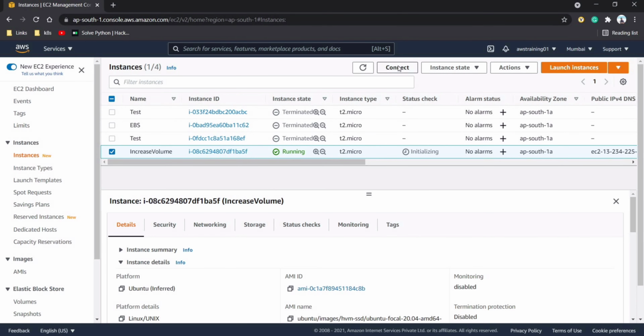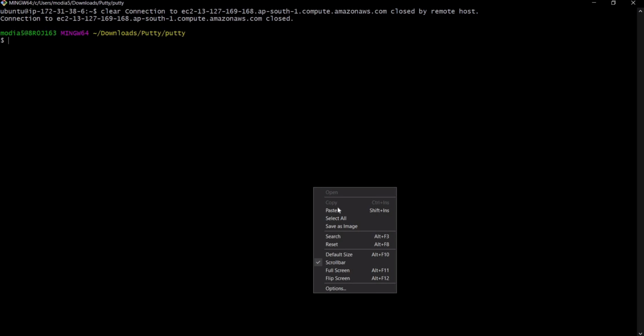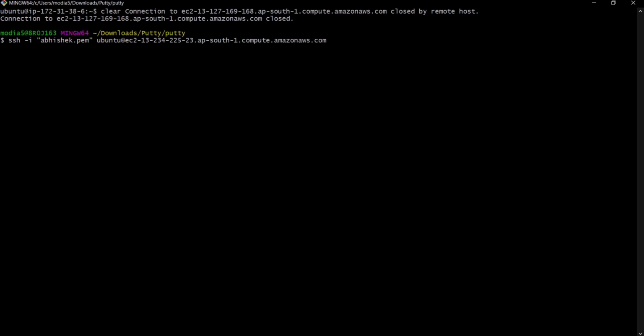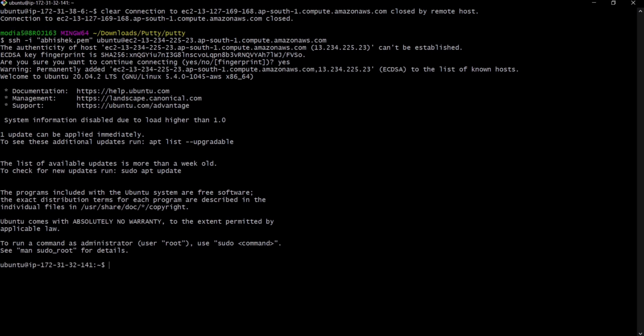So let's connect to the server. The command is ssh -i, then we have to define the PEM file and provide the server @IP address. We just copy this command, go to our terminal, and we are logging into the server.